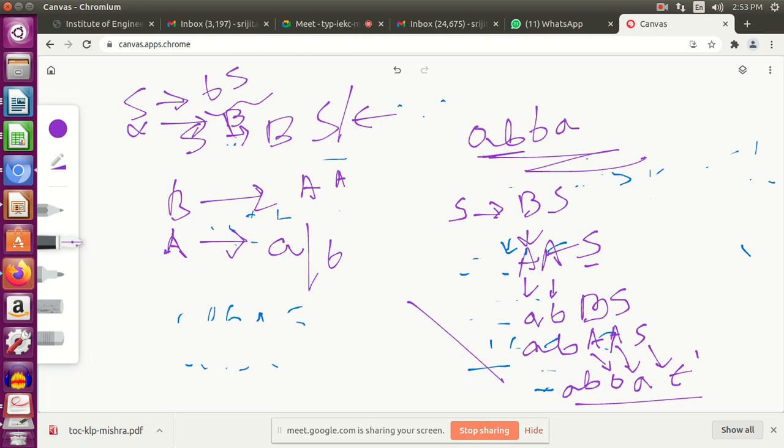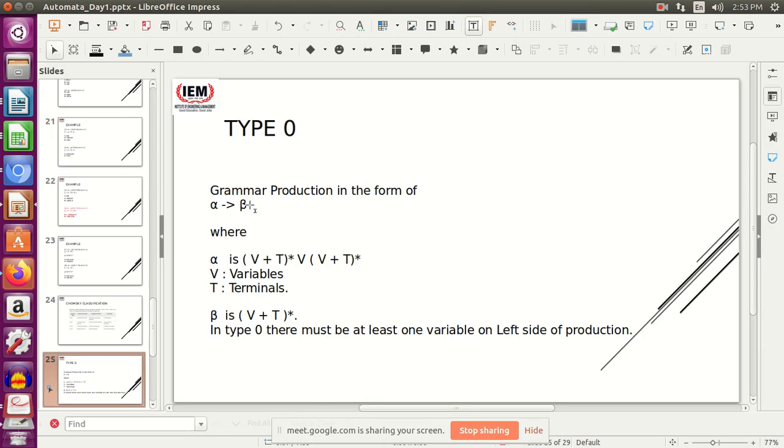That is what I have assumed over here when I write alpha tends to beta. So in type 0 grammar, what should be the generic value of alpha and what should be the value of beta, that should be known to us. So alpha can take any value of this form. What is this? V is for variable, T is for terminal. By now all of us know very well what is a variable and a terminal, right?